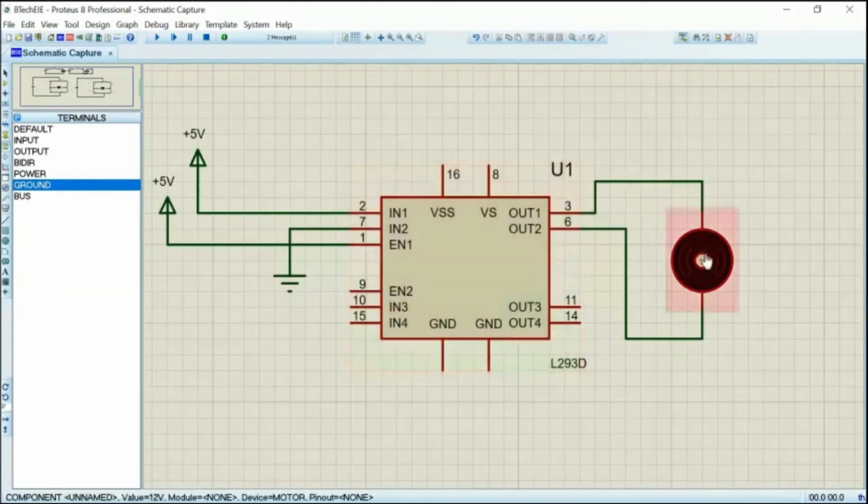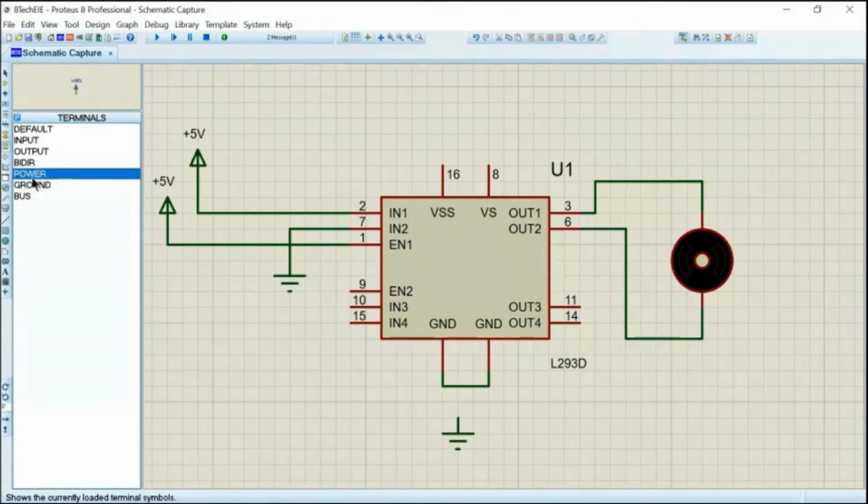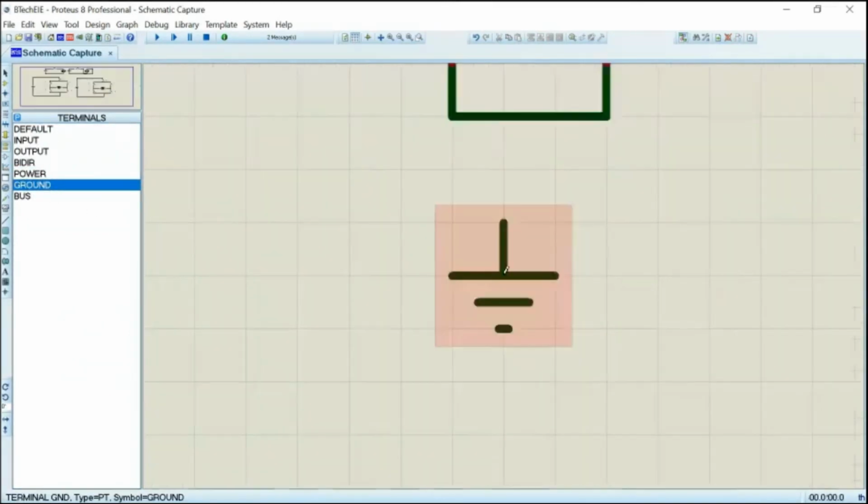Output 1 is connected to terminal 1 and output 2 is connected to terminal 2, and the ground lines of course need to be connected to ground. So where did I take this ground? I took this ground from the terminal. On the left hand side, you have two arrows here. I wonder whether this is visible to you or not. There is a small terminal mode here on the left hand side. You just click that. In the terminal mode, you have different options. The most predominantly used options are power and ground. So power I used for this one, and the ground one I'm connecting here. So I connect the ground wire.